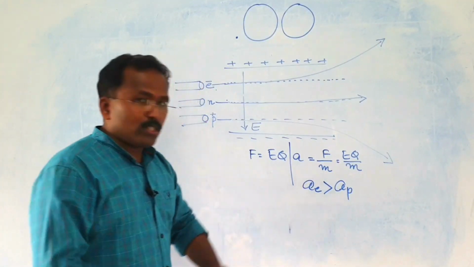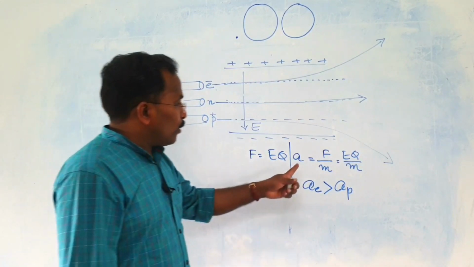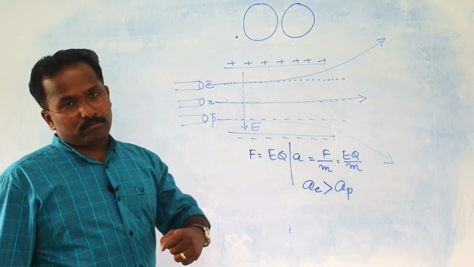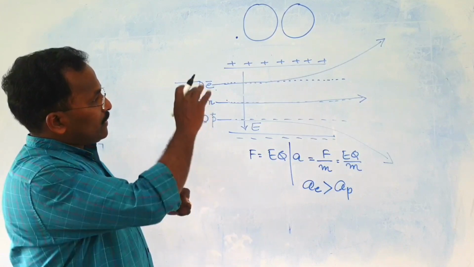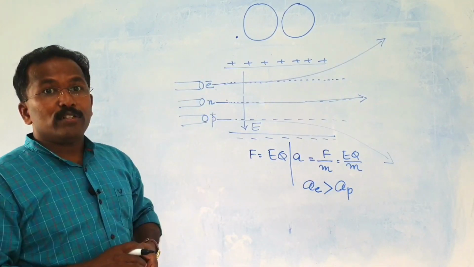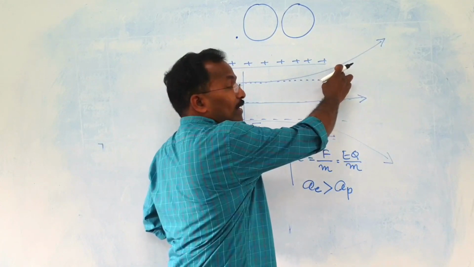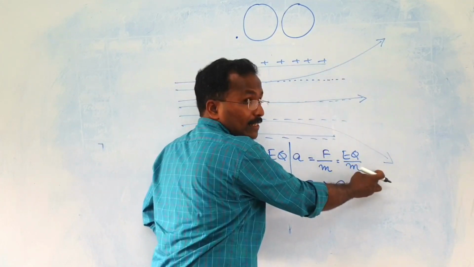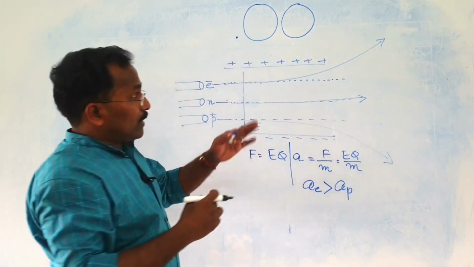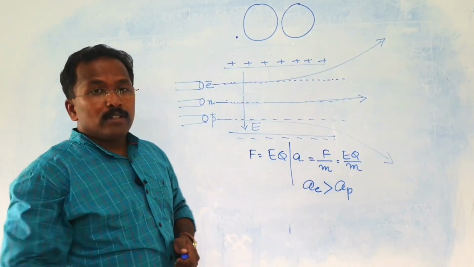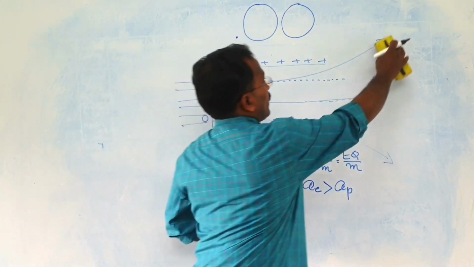It will be almost 2000 times more than that of the proton. Correct, no? That means this is not how they diverge out of the electric field. The electron will have larger acceleration than the proton. So I should correct this figure as